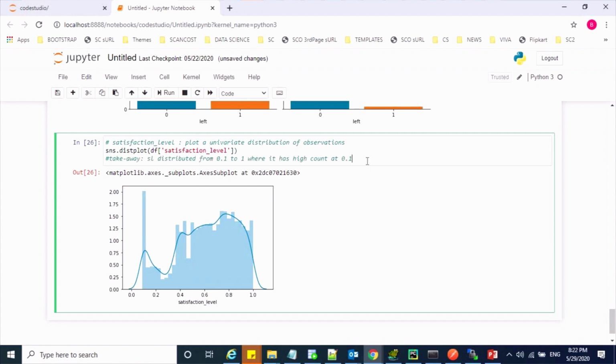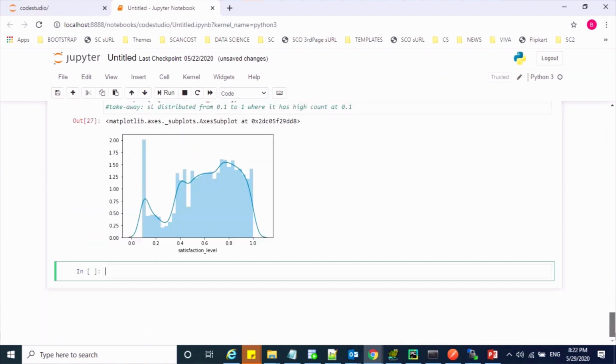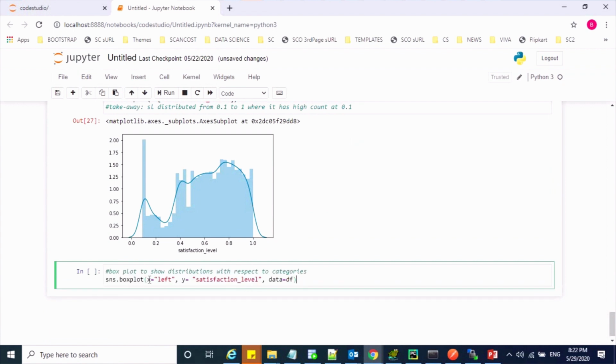Now, if you want to see the distribution of your numerical features with respect to your categorical target column, then you have to use a method called box plot. Let me run this command. For the box plot method, the x value will be your target column and the y would be your satisfaction level. Let me run this.